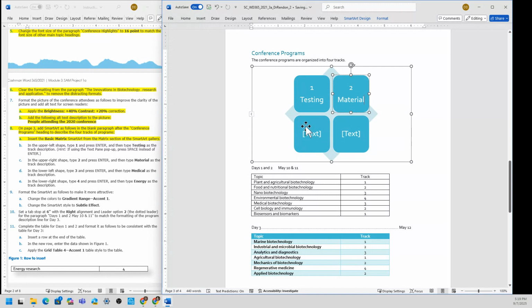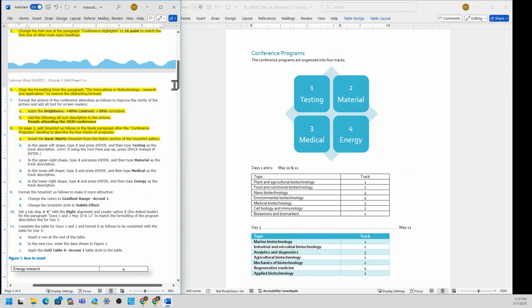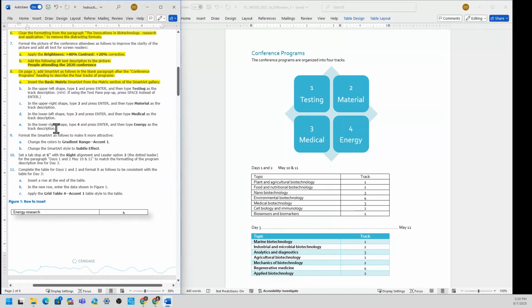And then on lower shape, I'm going to type 3, enter, and the word is medical. On the bottom right, I need to type 4, press enter, and then the word is energy. Okay, then click outside, so I'm done with this.